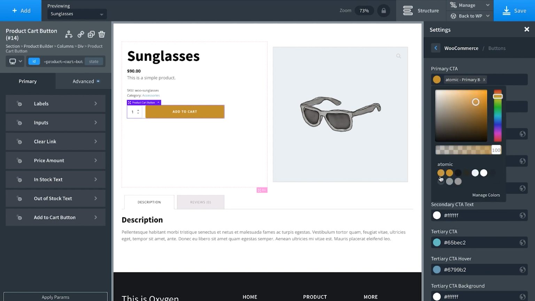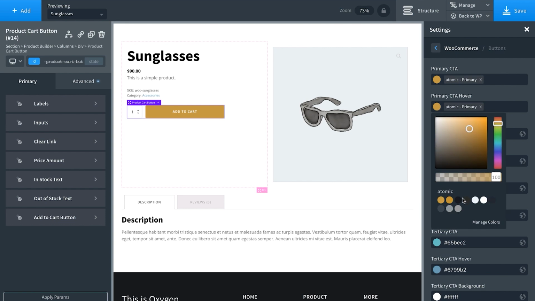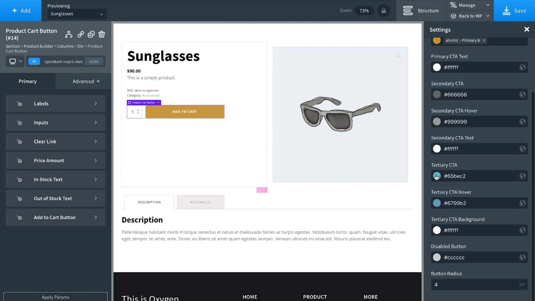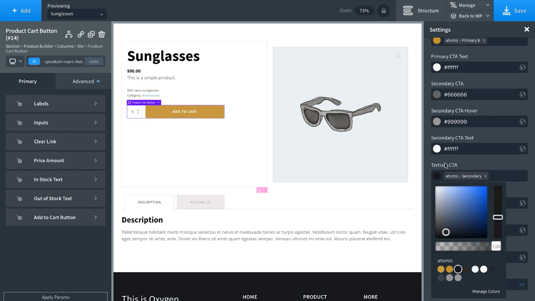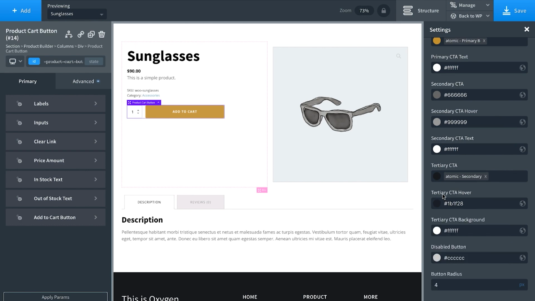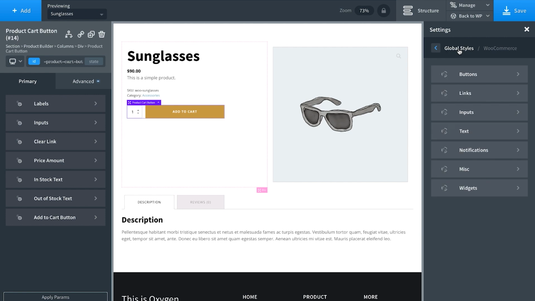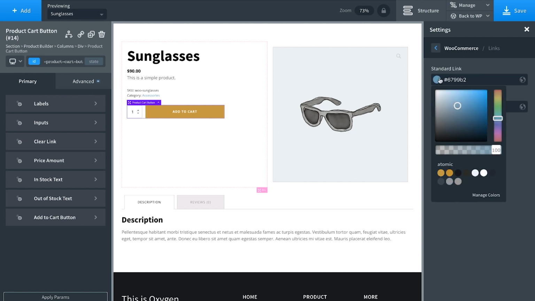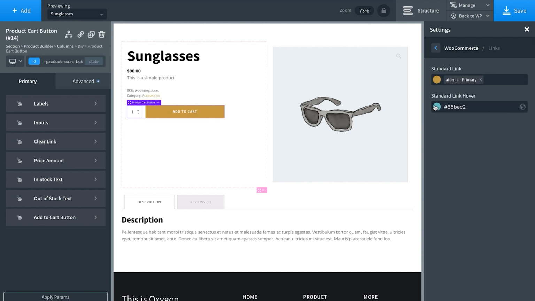Actually, I should probably swap those. This is probably the main color. This is going to be the hover color. We're going to use a dark color for the tertiary CTAs. Let's use that same dark, but maybe make it a little lighter on hover. And instead of border radius of 4, we're going to use a border radius of 0. That does our buttons. We also have global styles for links, so let's set up the same colors for our